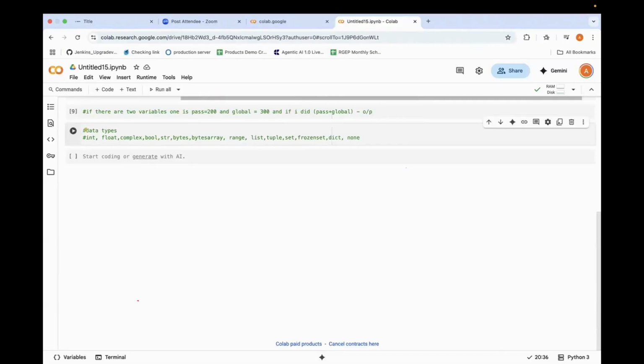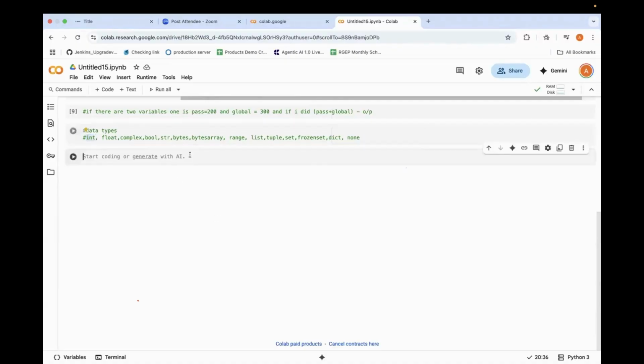Now you don't need to worry about all these things. You will not use most of these. You are going to use a few of them, like int, float, boolean, list, tuple, set. But there are 14 data types, that is what you need to understand. Now, whenever I put a equals 10, 10 is nothing but the int data type. The int data type represents whole numbers like 10, 20.